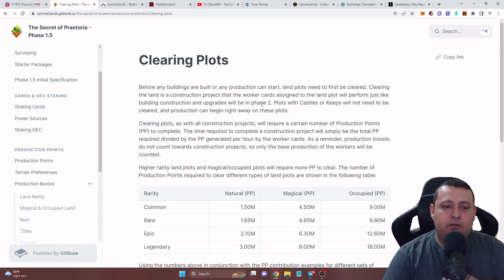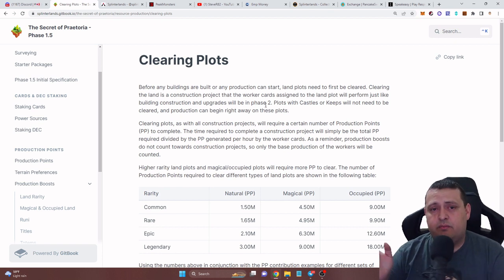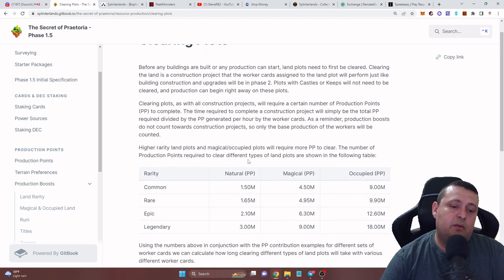So it says, before any buildings can be built on the production start, land plots need to be cleared first. Clearing the land is a construction project, and the worker can't assign any monsters to it until they have cleared the land. The only thing this doesn't apply to are keeps and castles. The one thing I'm not positive on, and I should have figured this out before I made the video, is whether the building in the box clears the plot for you, and you start with the building already on the plot. And I think that is true, but they do talk that